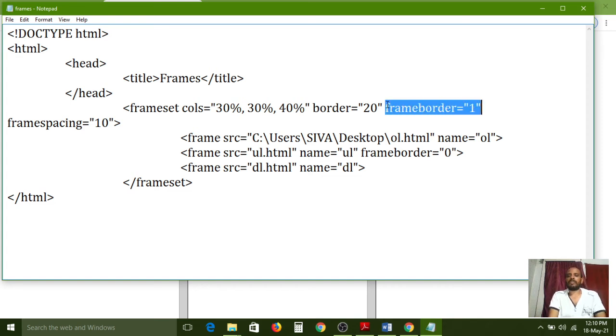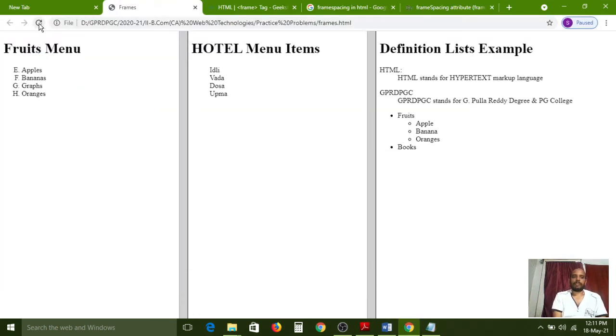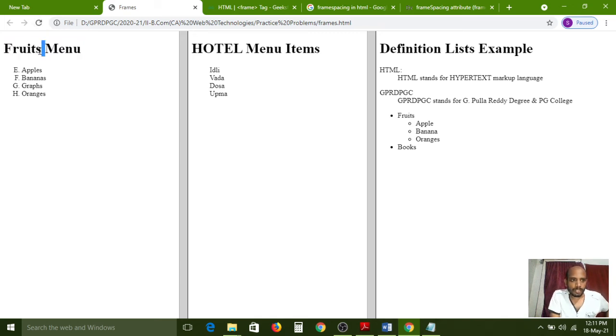So first I am removing it from the root element. All of you carefully observe. Now the frame border is in the second frame only. In the frameset I haven't applied any frame border. So for the second frame I don't want to show the border, but it is not reflecting anything.